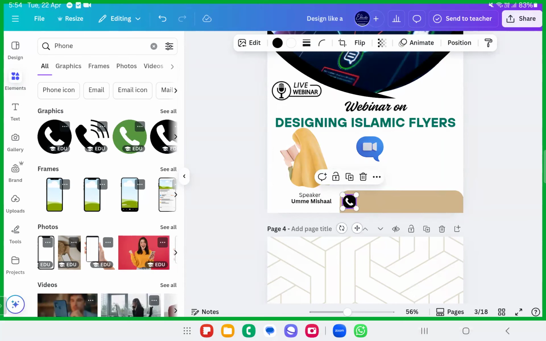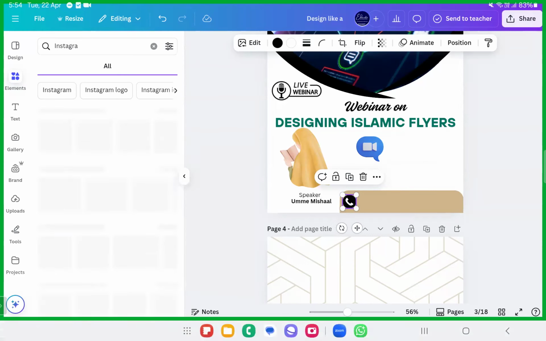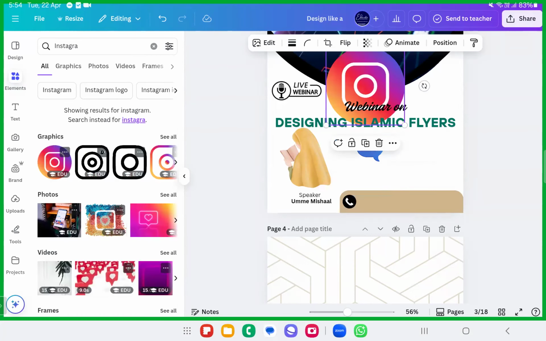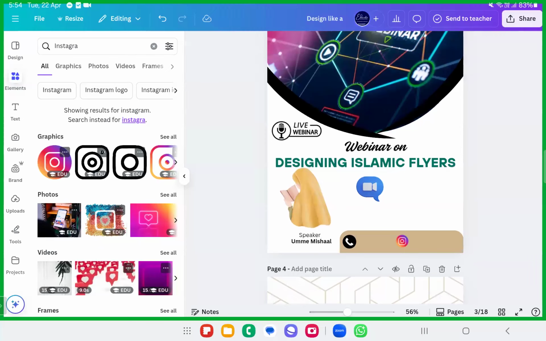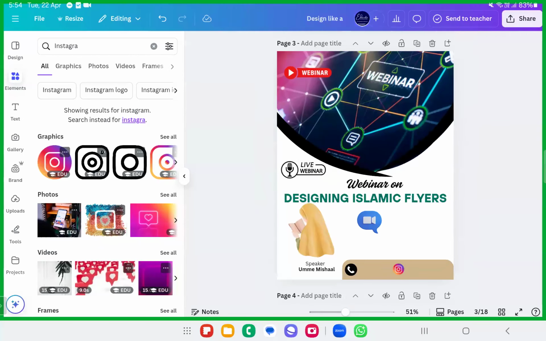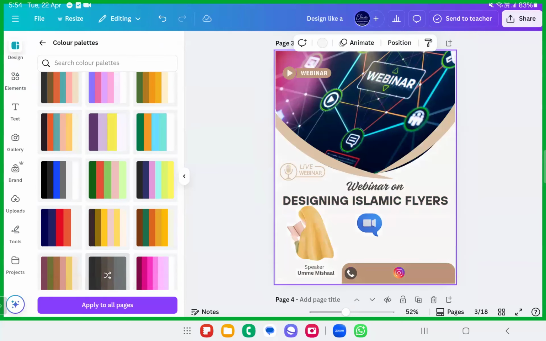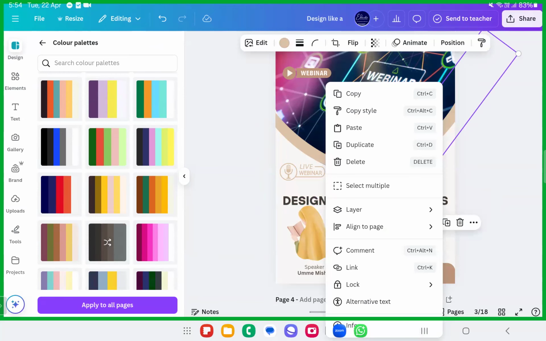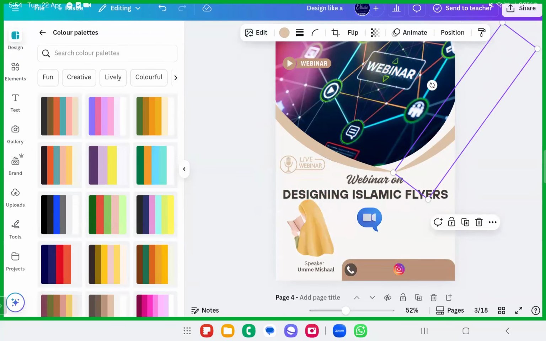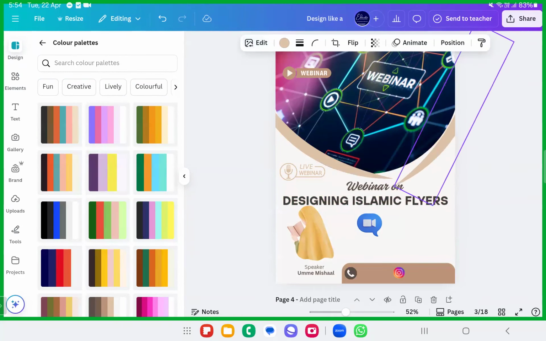Then if you don't want a phone number, if you want any Instagram ID, you can just add an Instagram logo first, and then you have to give this over. In this way you need to arrange the things over and write the textual content. Now this flyer doesn't look good without colors. Go to the designs, change the colors. See here, you can create it so beautifully with the colors. I'll just move this around over here. This is fine for me now. You can even further rotate it.